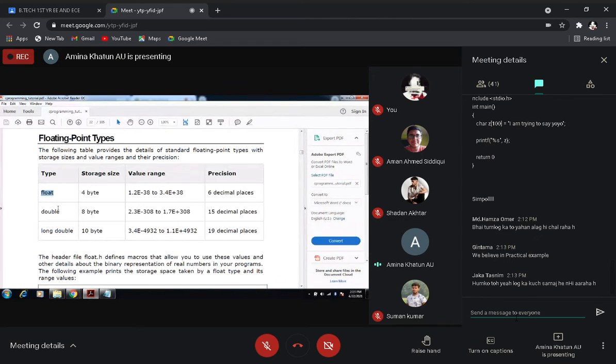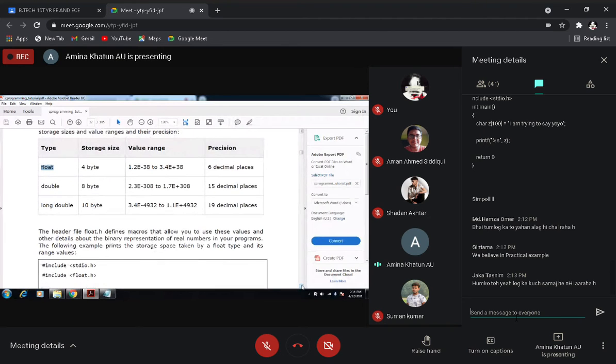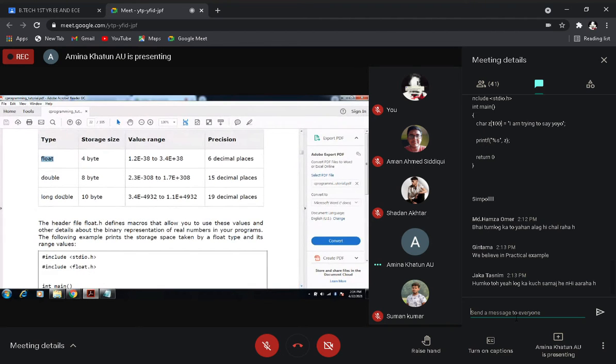So next is the double data type. Its size is double that of float. The size of double is 8 bytes and it has 15 decimal places. Next is long double. Suppose you have a float number which is very long, so this is the long double data type. The size of this is 10 bytes.